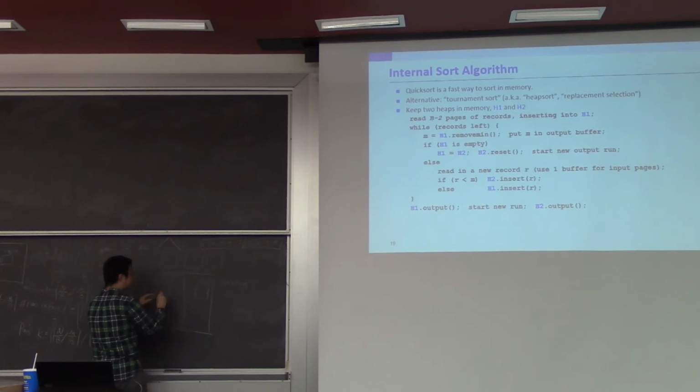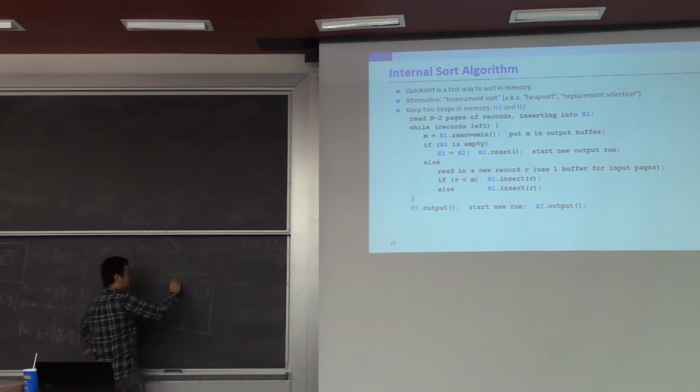That's 2 reserved pages. Say you have M over B pages, you just leave 2 of them, one as the input, one as the output. And the remaining of them are used as the min heap. So conceptually, you maintain 2 heaps. Initially, one of them, H1, is full. So say H1's